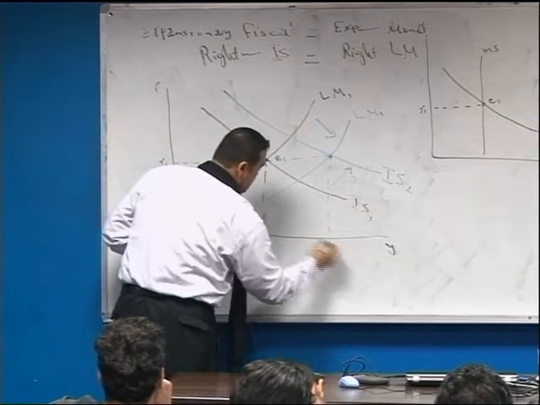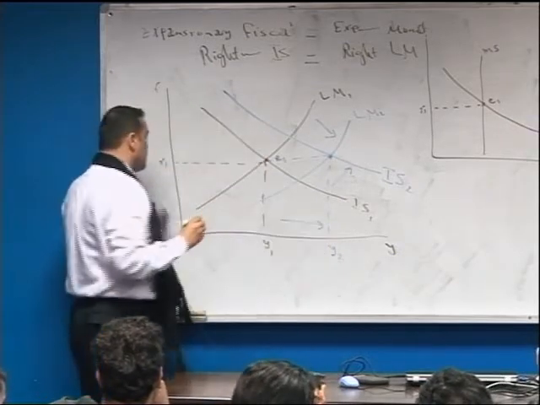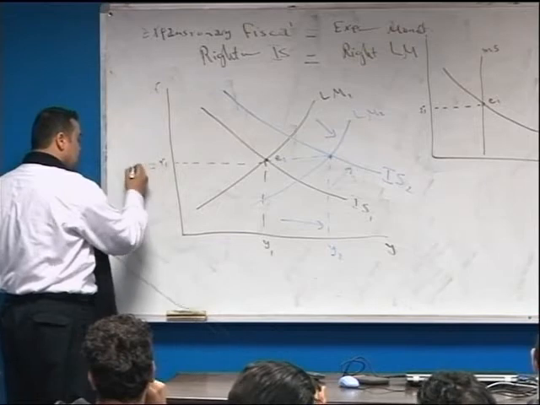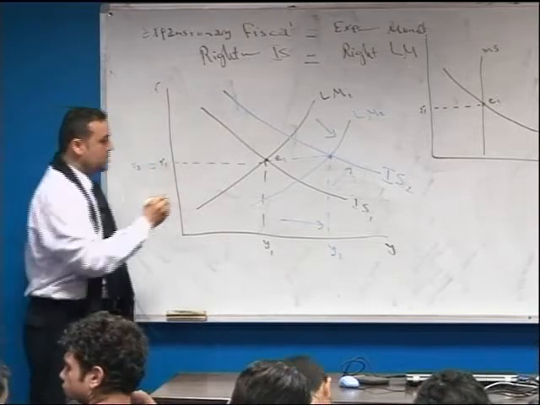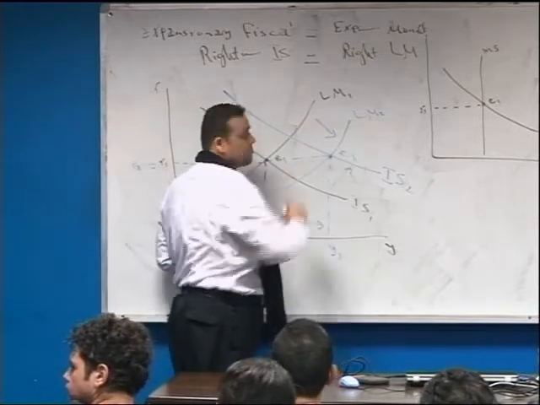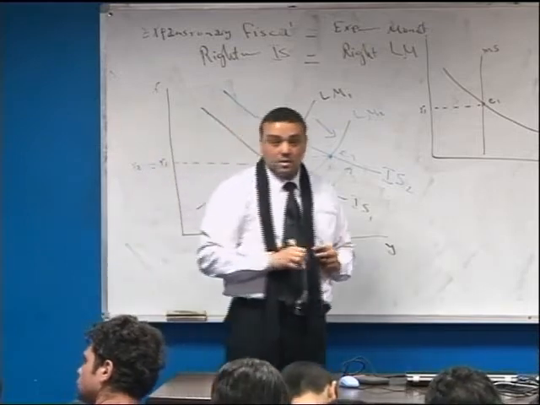Y has increased to Y2 and R remains constant at R1 equals R2. This is E2. مظبوط؟ طيب خلينا نجرب